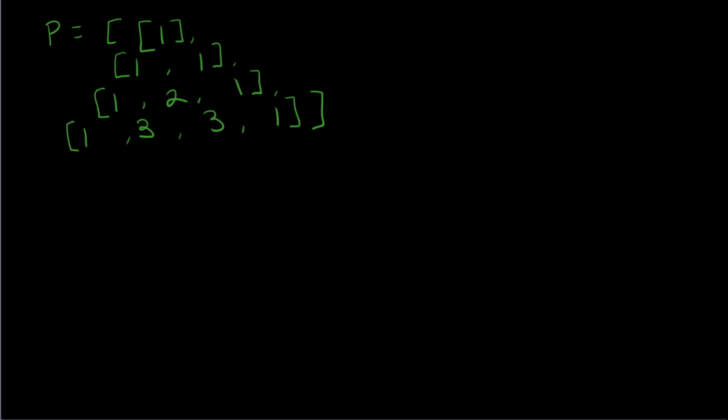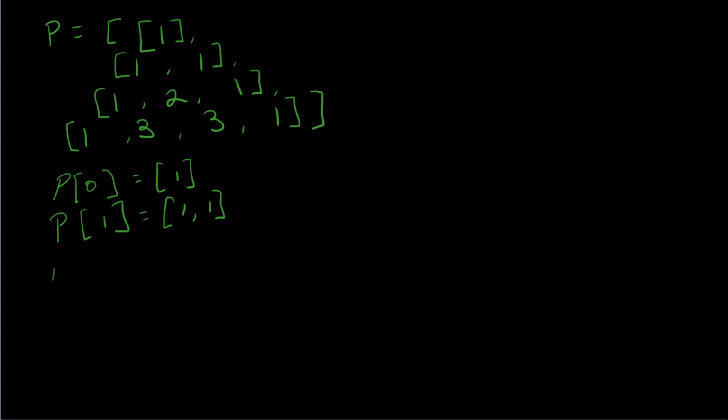So P at 0 is equal to 1. P at 1 is equal to 1, 1, and so forth. The pattern is a little bit hard to code for 0 and 1. So we can always just at the beginning of our